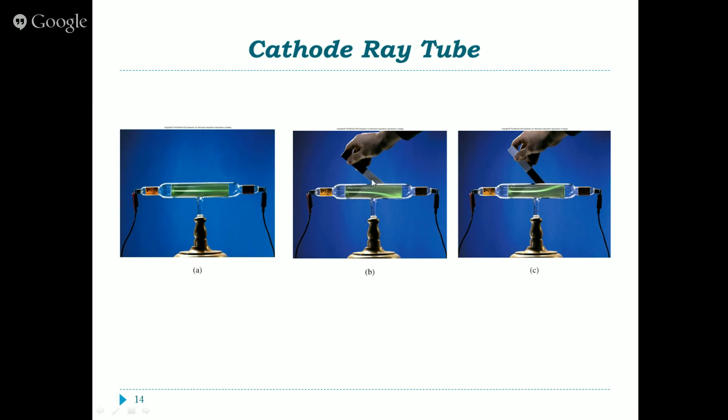Here I've applied a magnetic field, and I see that the particle beam is going away, which means I must have the negative end of the magnet applied, versus if I flip the magnet around, I have the positive end of the magnet, and we see that the particles are attracted to the beam. So we saw with this experiment that electrons are negatively charged, but we don't know what the charge is.